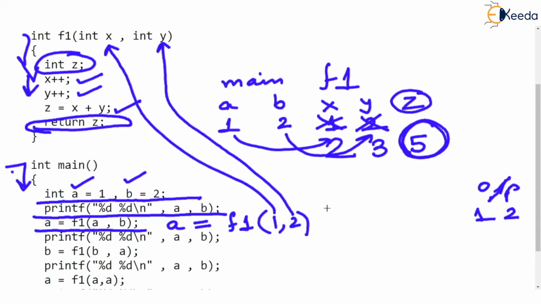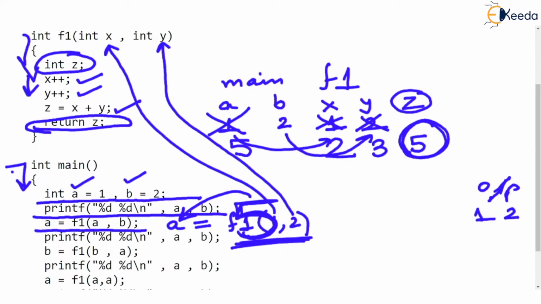Remember, the function always returns a value at the call. Remember this. So 5 is returned, but where? 5 is returned at the call. Look how I am scribbling on the screen, literally. The call was present over here. So 5 is returned at the call, and 5 is then stored in the left hand side variable a, because we have said that a should become equal to the returned value of f1(1, 2). So a, now check the table I am updating, a becomes 5.